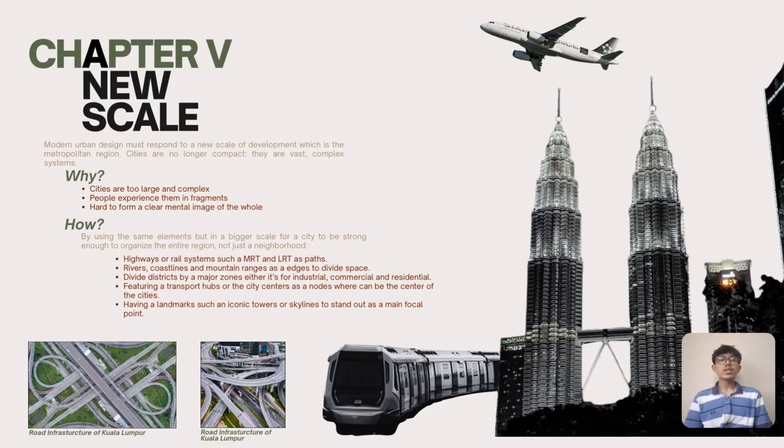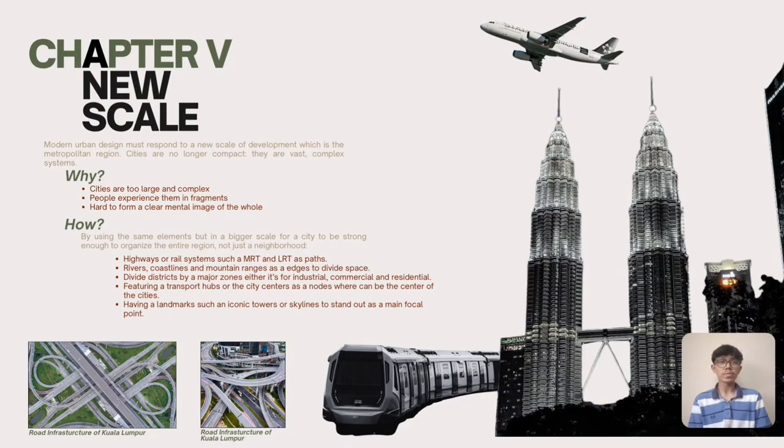Finally, it's about a new scale. Modern cities are no longer compact. They have expanded into large metropolitan regions. Because of this, people often experience cities in fragments, making it harder to understand the whole. To solve this, we use the same elements, which are paths, edges, districts, nodes, and landmarks, but on a larger scale. For example, highways or the MRT system act as paths, natural features act as edges, and landmarks like city skylines